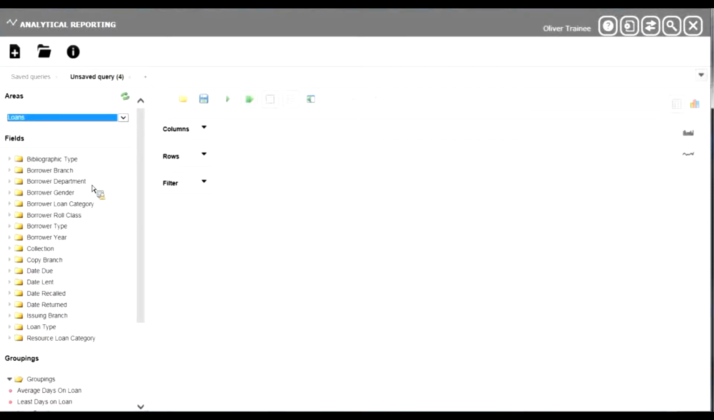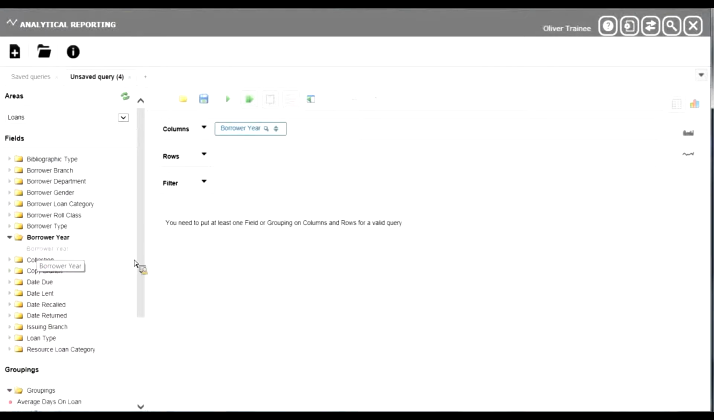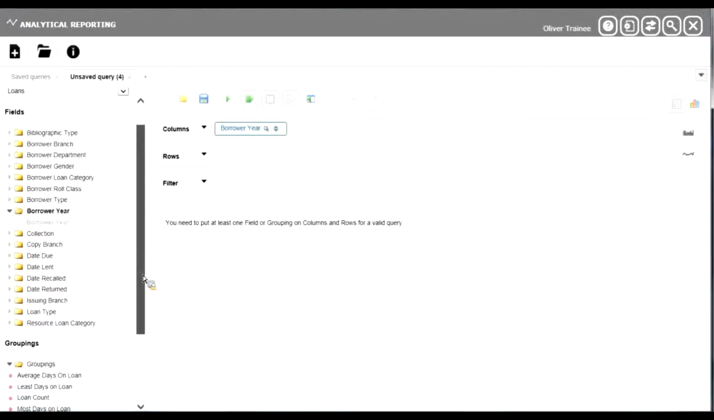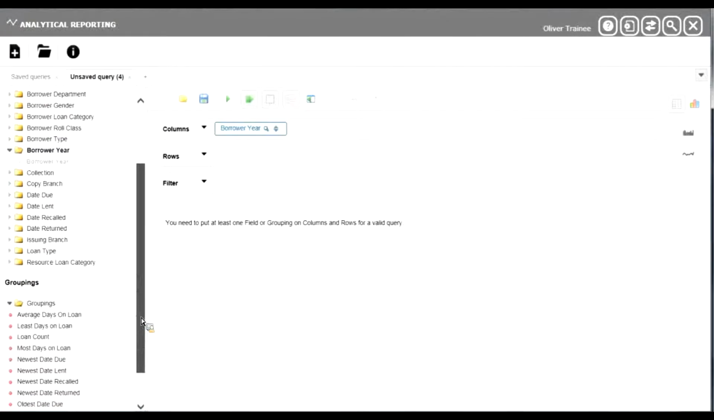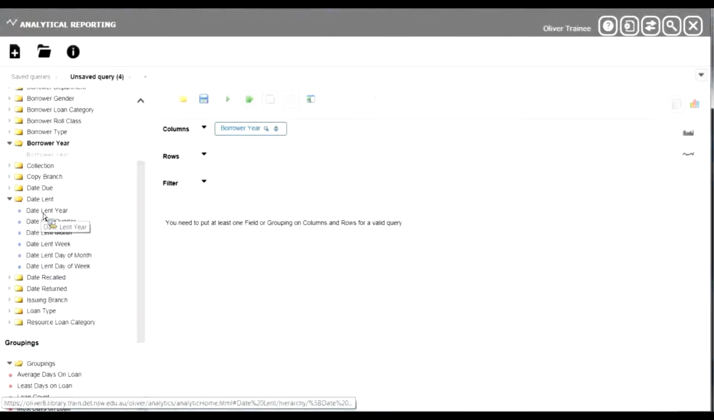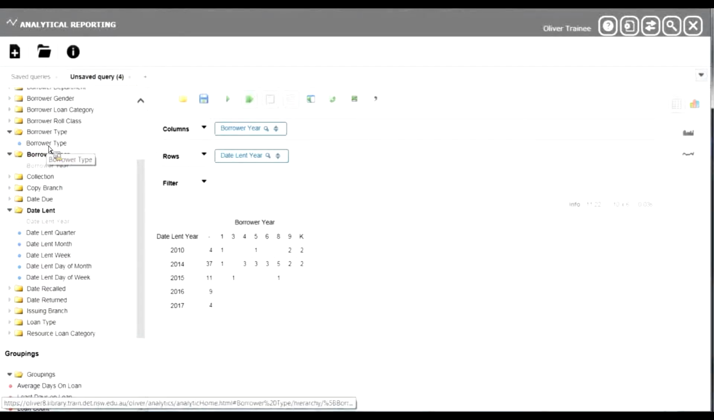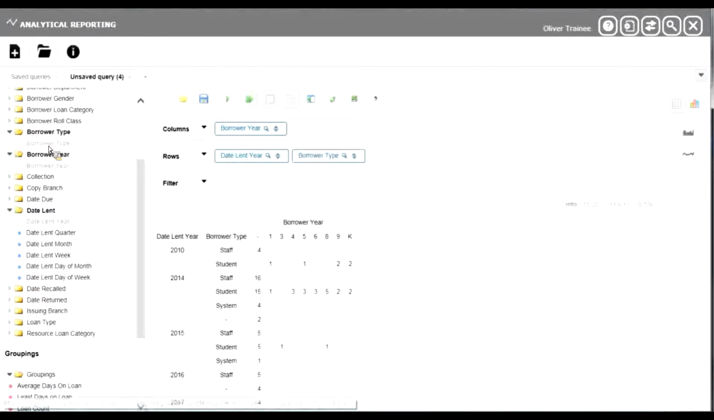I'll choose borrower year, which is the scholastic year. Date lent, say date lent year. And I'm also going to choose borrower type. Borrower types are students and staff, so I'll choose borrower type as well. Now when I chose borrower type, it appears in the rows column and you can see the borrower type information